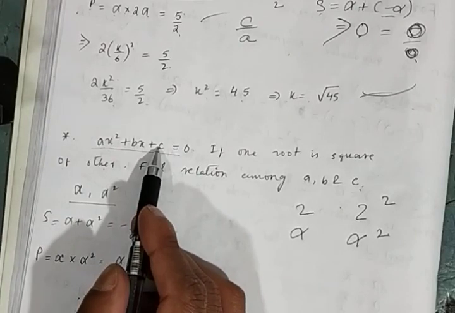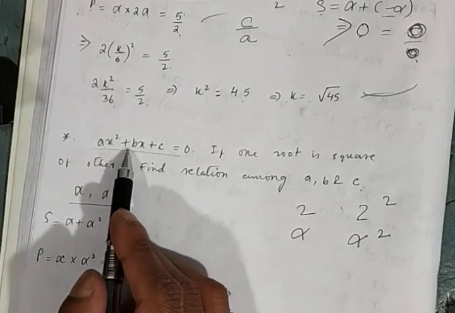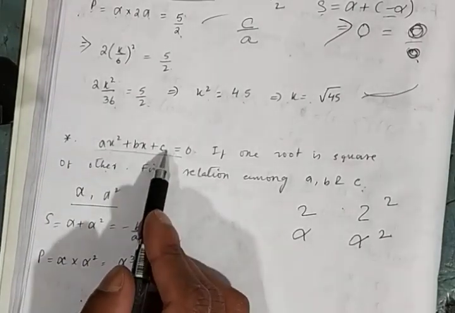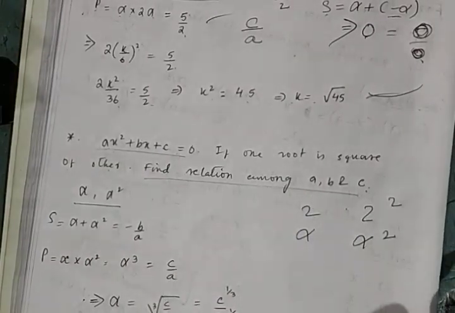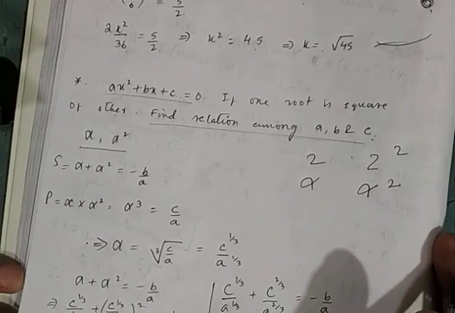How to find out? Using sum or product also I cannot find out. Three variables unknown. So what is the question? We have to find out just the relation among A, B and C. Now you see,